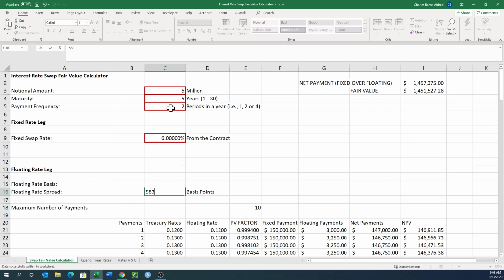5.83% is the equivalent of 583 basis points. We're going to put that in. And what we'll see is that the fair value basically almost goes to zero. It's a little bit of a negative, not that big of a deal. And there's a reason why I artificially created this. I wanted to give you a fair value where it's likely that we're not going to exchange any cash to